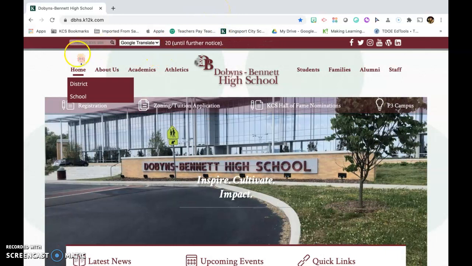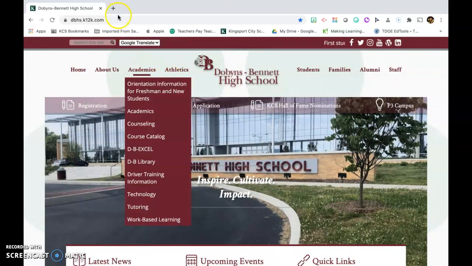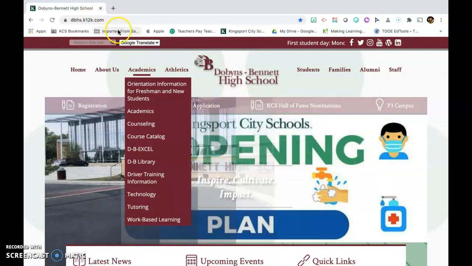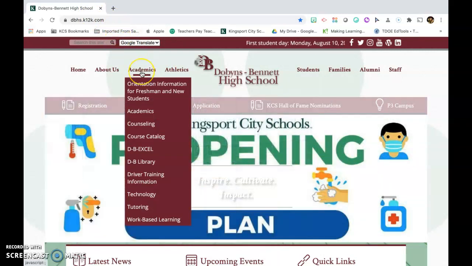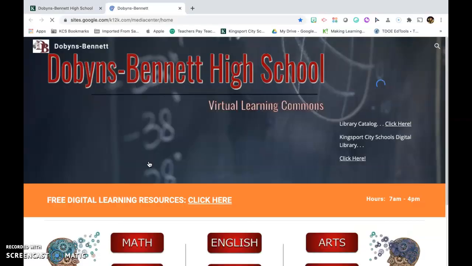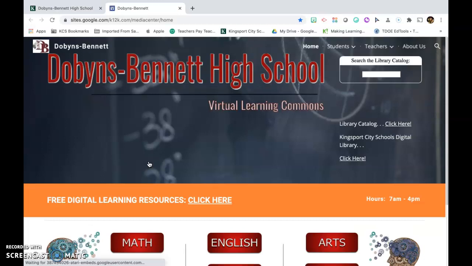So the first time you do this, you're going to want to go to the DB homepage, the DB website, and click on the Academics tab. And in that drop-down screen, go to the DB Library homepage. Once you're there, the DB Library homepage has a link that will take you straight to the digital library. So I'm going to click here,